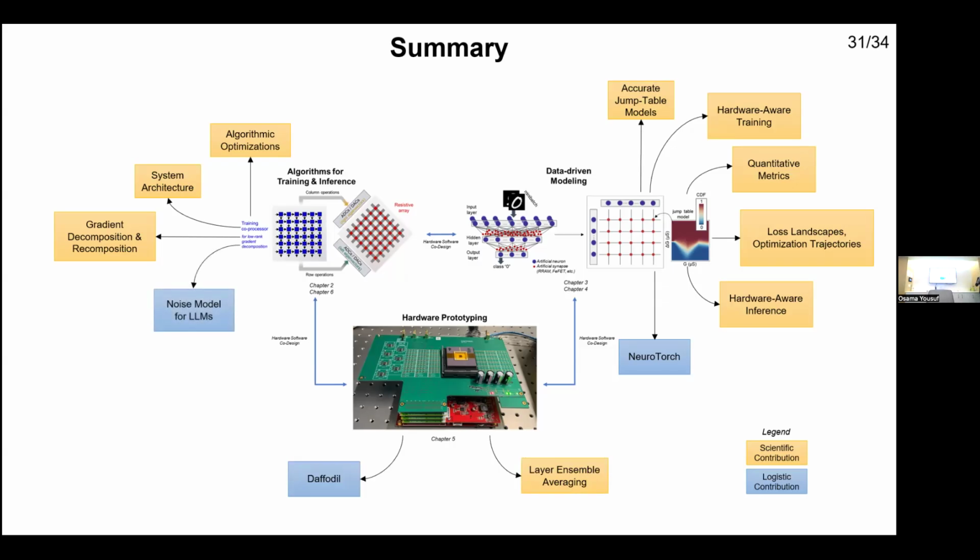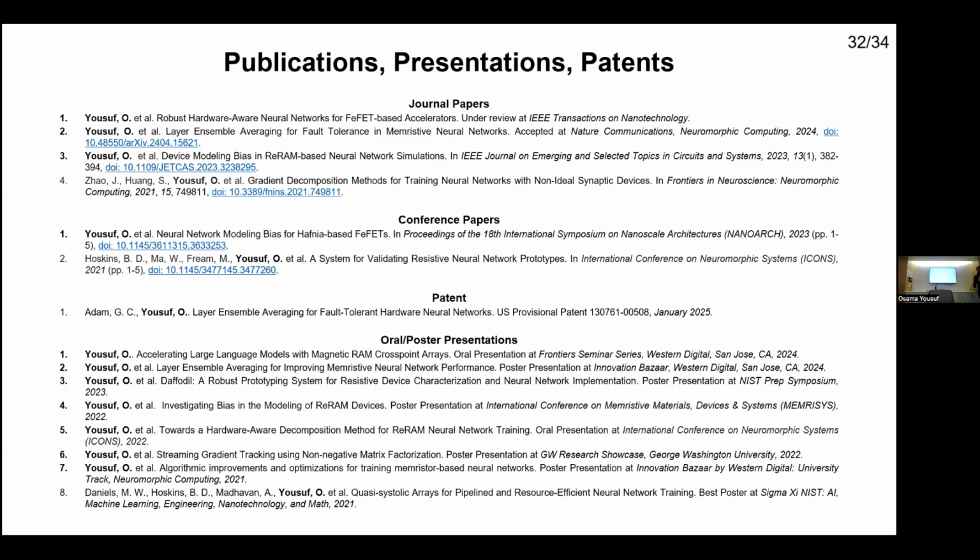At the end, we zoomed out to larger networks such as modern LLMs. We developed a noise model that's very accurate in depicting how your Memristive neural network accelerator for LLMs would perform. This was again a logistic contribution, but then using this, we established a methodology which you could utilize to study different device and system level specifications. Overall, all of the things I talked about, different parts of my dissertation, have been disseminated at different venues. We have a total of 6 papers, one of which is under review, as well as a recent patent